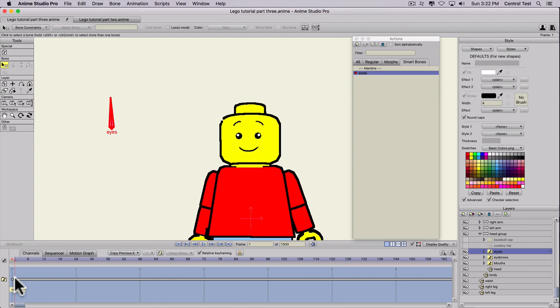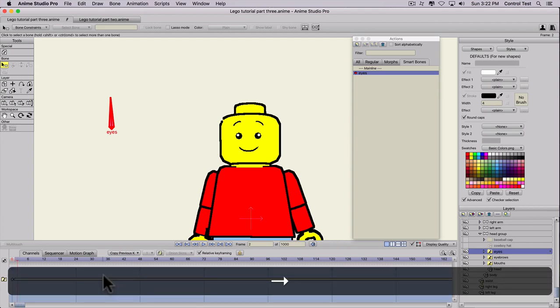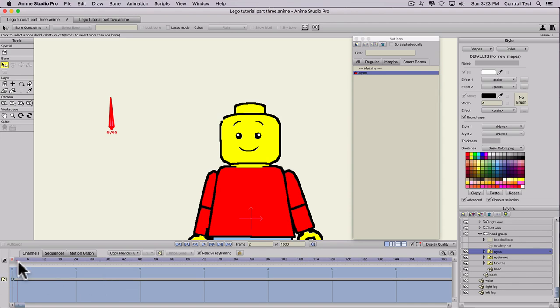That's going to make a new keyframe. I'll hit the right arrow key on my keyboard. It moves it one space over. I'll right click and then I'll select blink. And then I'll hit the right arrow on my keyboard again to go one frame over. We'll select happy, right arrow, right click, and sad. So now we have those 4 different